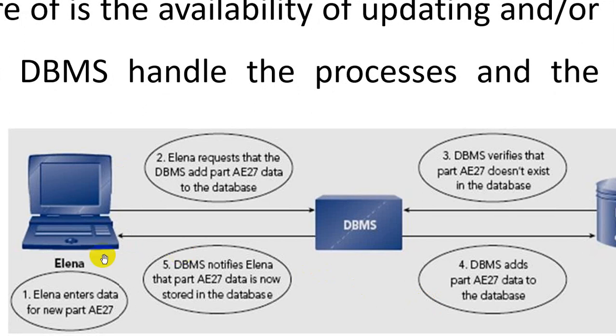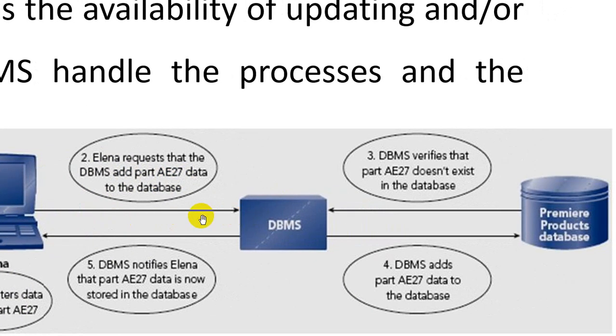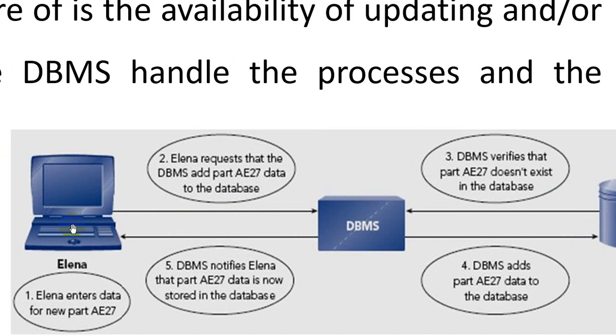Suppose Alan wants to store some information, say a record known as AES27, in a particular DBMS. So Alan transmits a request, meaning he wants to insert the information AES27 into the DBMS. He is just performing a request to store data in a particular database. In video lecture 1 we saw that a DBMS is a platform through which end users can store particular data. So first Alan requests to store particular information through the DBMS.